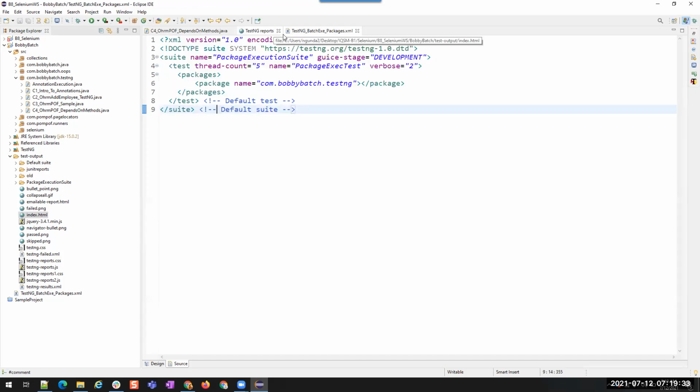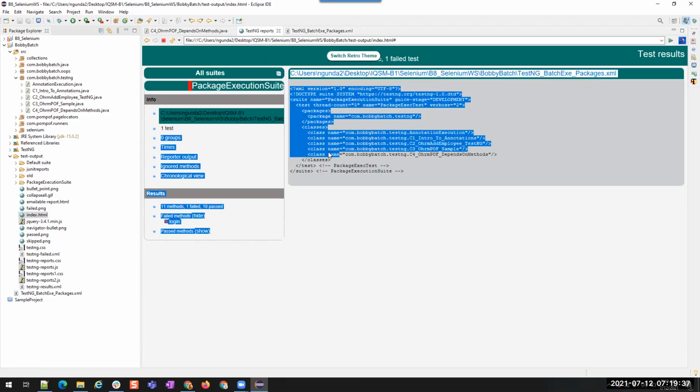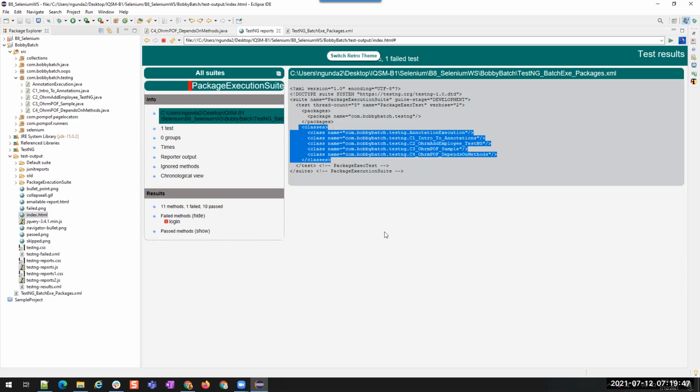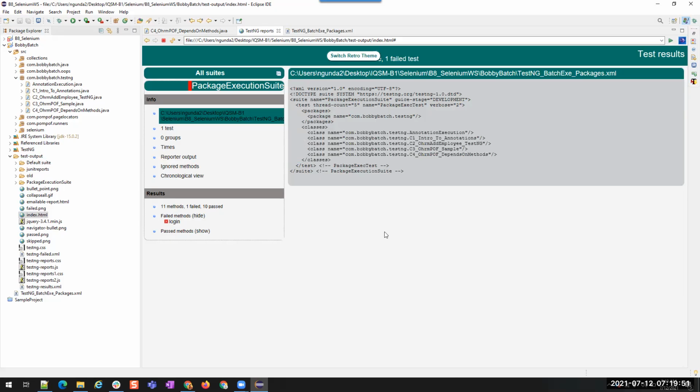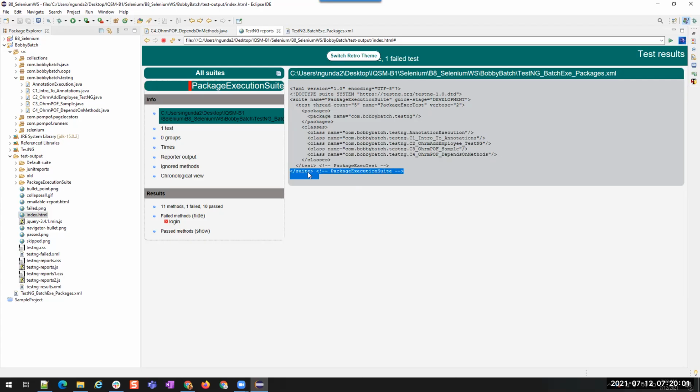No, but TestNG by default adds the classes, because when I mention packages, TestNG understood that okay, I have to execute this complete package. It fetches all the classes and then adds them. When I mention packages, it doesn't care about how many classes or what the classes are. It will add all the class information into the XML file. Okay, now we got this.